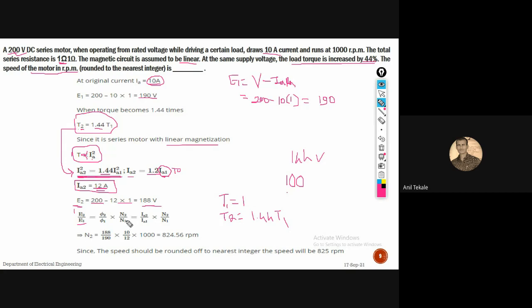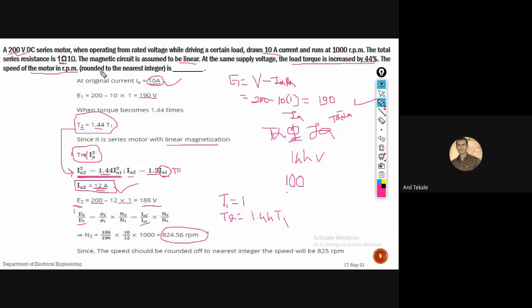Now from that equation which values are known? So phi2 by phi1 we can write as Ia2 by Ia1, because we know that torque is directly proportional to phi into Ia in the case of a series motor. So phi is nothing but Ia, so that T is directly proportional to Ia square. So we will take Ia2 by Ia1. What is the value of Ia2? That is 12. What is the value of Ia1? That is 10. And what is the value of speed? N1 is given as 1000 RPM. What is the speed we will get after the load is increased by 44%? That we will calculate, and that speed is nothing but